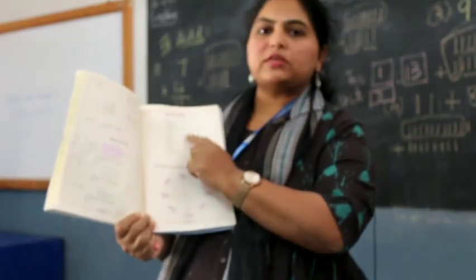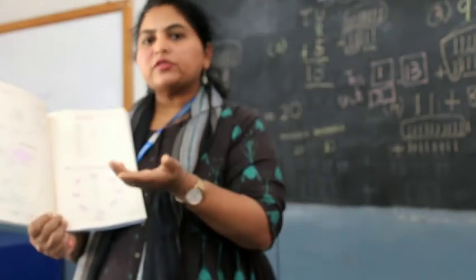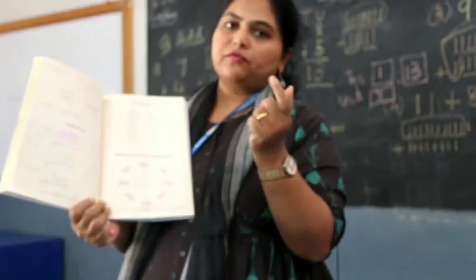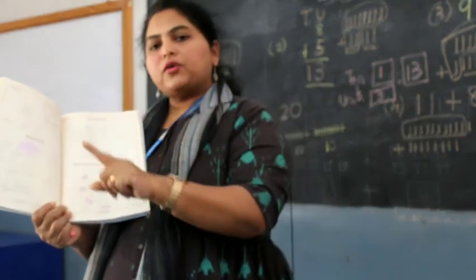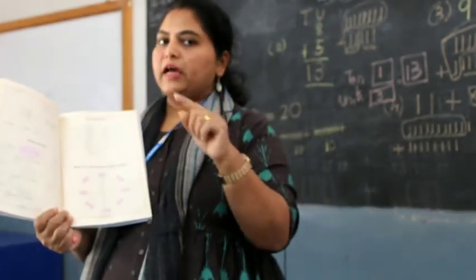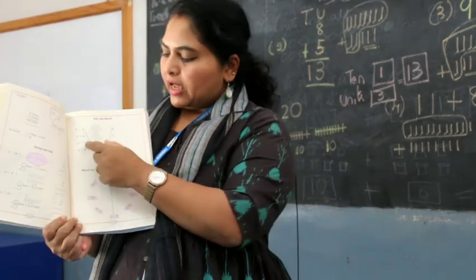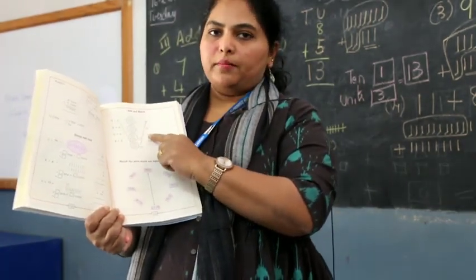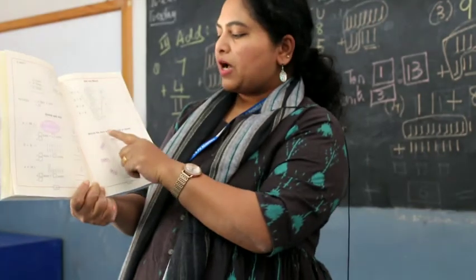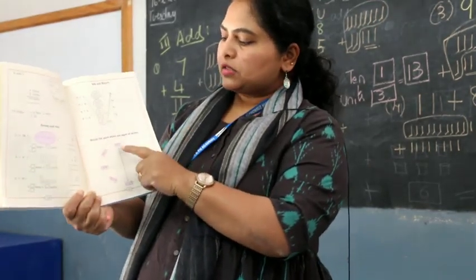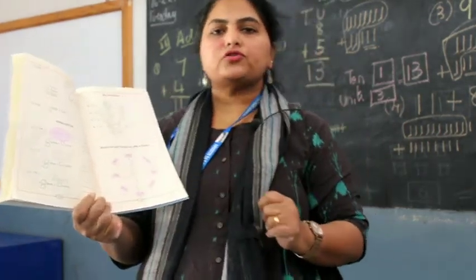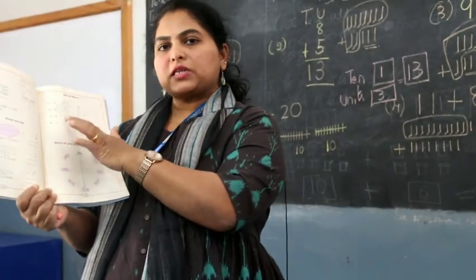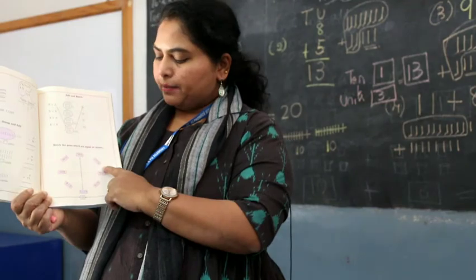I want you all to do this as homework and send it to me. I will also correct it and send it to you the correct way if you have made some mistake in it. So 5 plus 8: draw 5 sticks and draw 8 sticks. Group up to 10 and find how many sticks are left out and match it to the numbers here. Again, match the pairs which are equal as shown. So 18 plus 2 is 20, 11 plus 9 is also 20 if you do your grouping up system and add. Once you group up to tens and units, you will get the numbers.